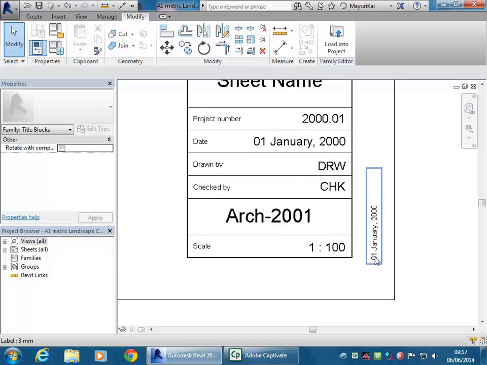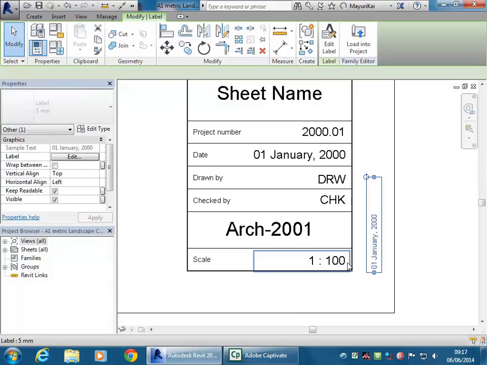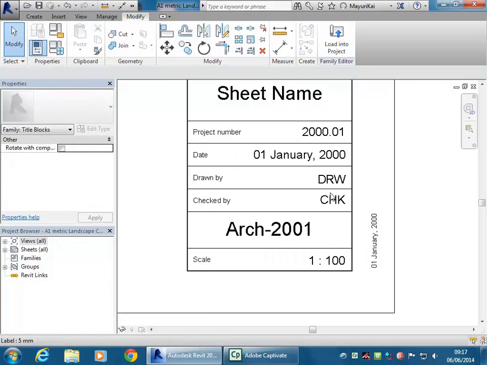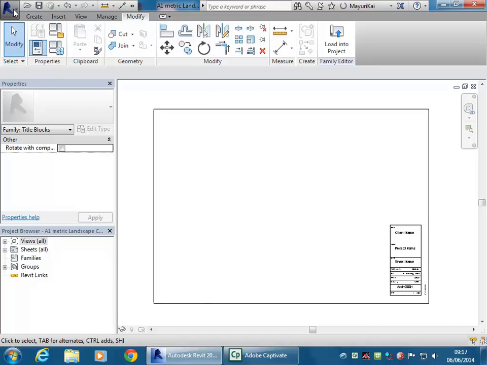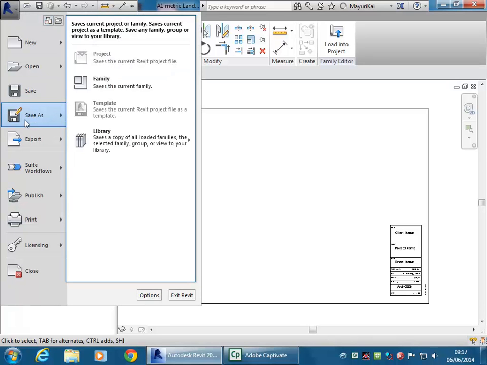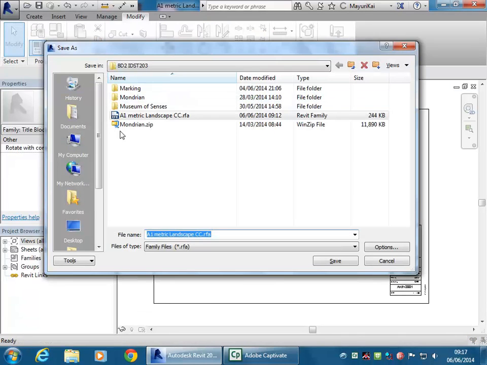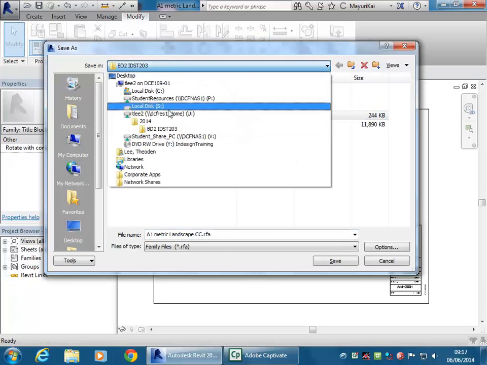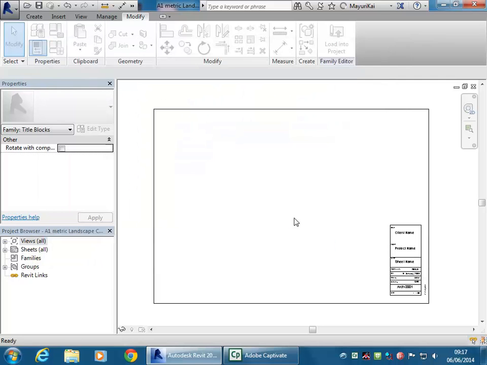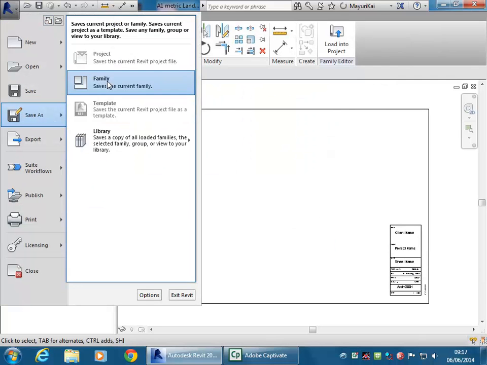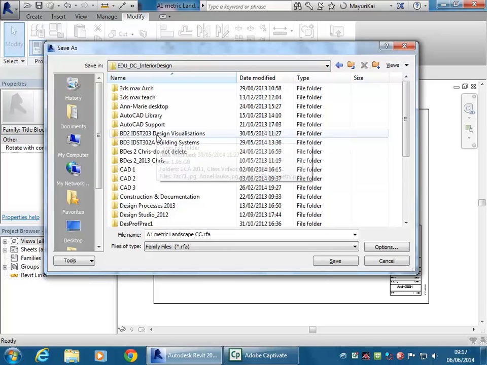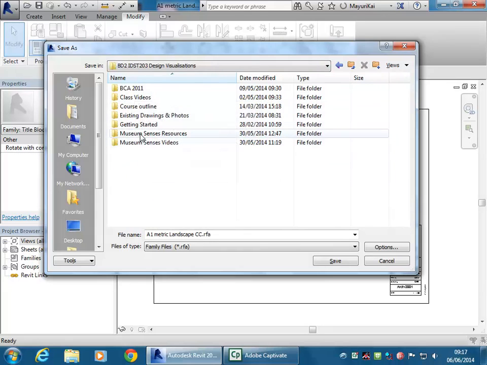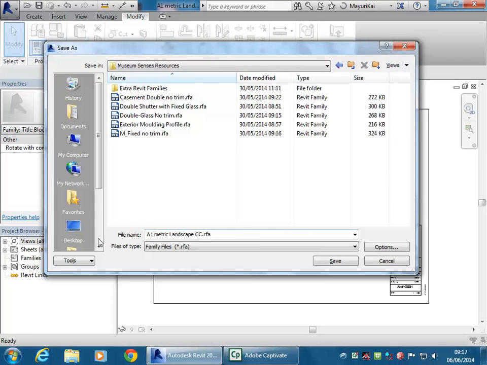And so here we've got this automatic date, which I don't mind keeping. And so I'll just move that up a little bit. But if you're going to be putting the date in anyway, you could always maybe take that out. It's up to you. Okay, so that's my new title block, and it is just a family like anything else. So I'm going to just make sure that's saved, and so you can see that it's saved there. I'll save you a copy. Well, I'll just save it here first, and I'll save you a copy on the P drive. So I'll just put it in the Museum Sensors folder, and you can see what it's called there,